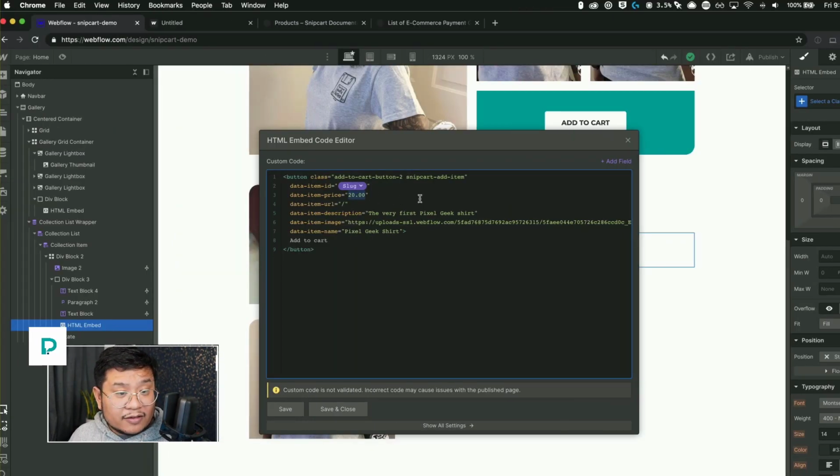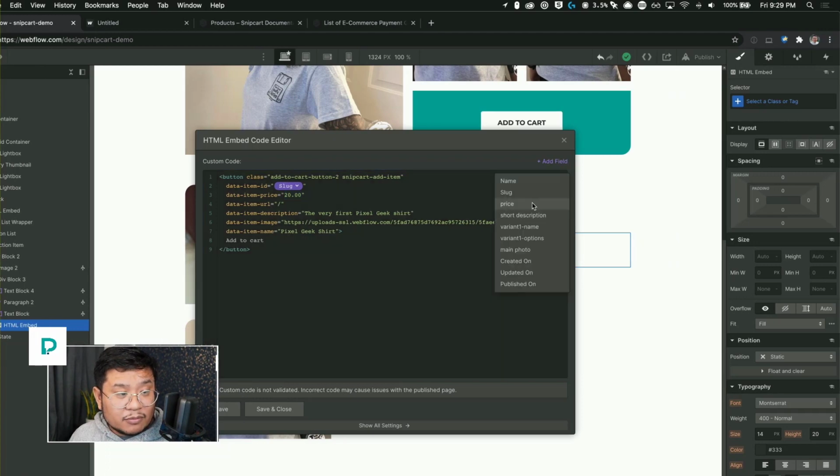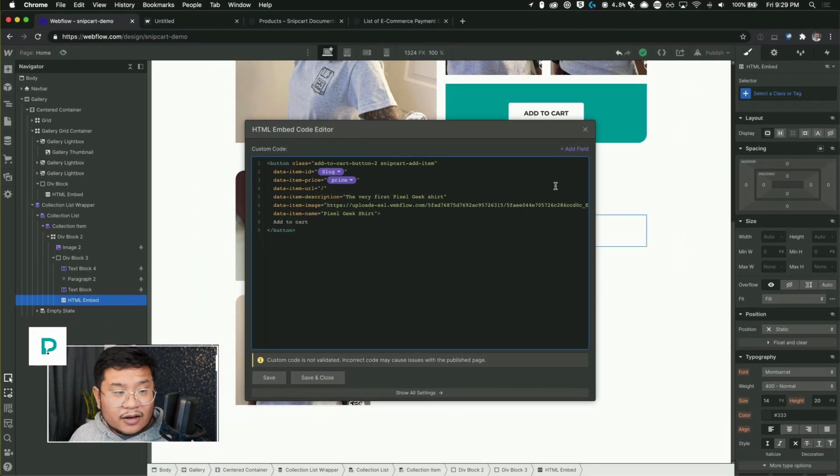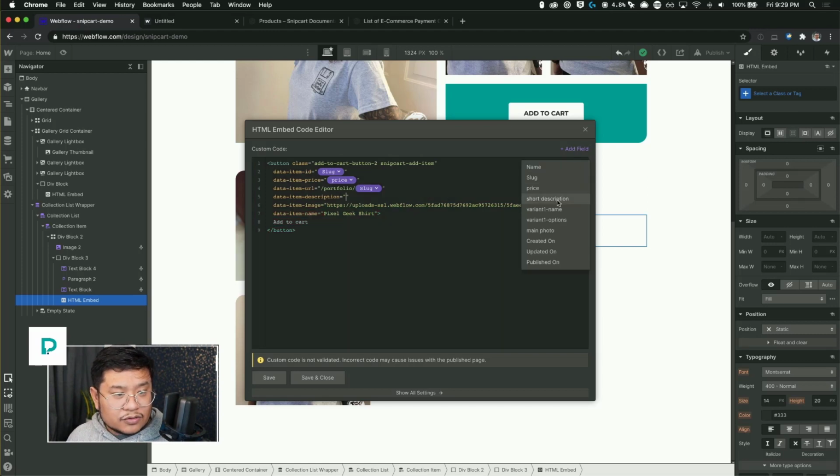The price is going to be price. All right. The item URL is going to be the name of the collection, so portfolio/slug. And then the description is going to be short description.